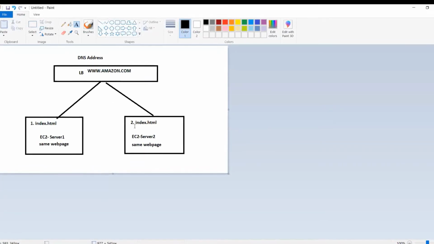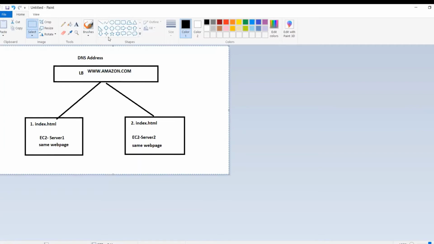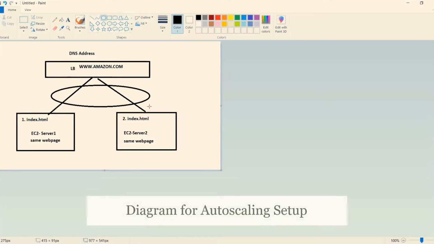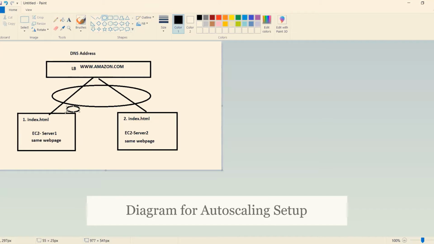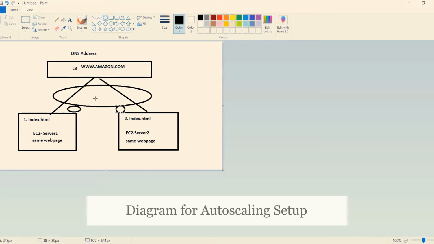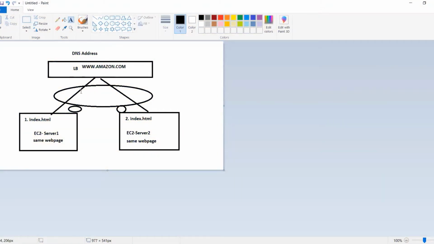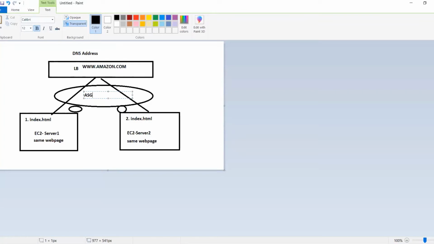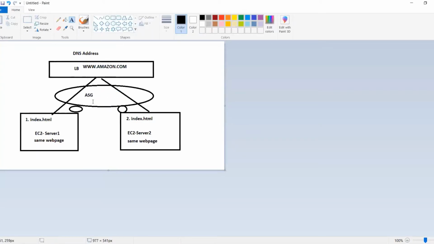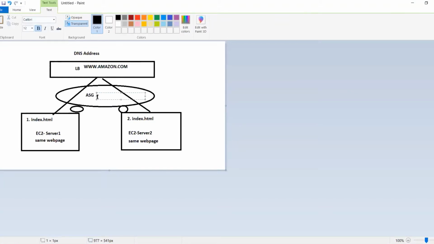machine is going to be created is slightly different here. There will be an auto scaling group in between these two, and the auto scaling group will add the EC2 machines. You don't have to manually create the EC2 machine. So we have to define in the auto scaling group that whenever the load becomes this much, and whenever the load becomes this much, you add the EC2 machines based on the settings which we are going to do now.